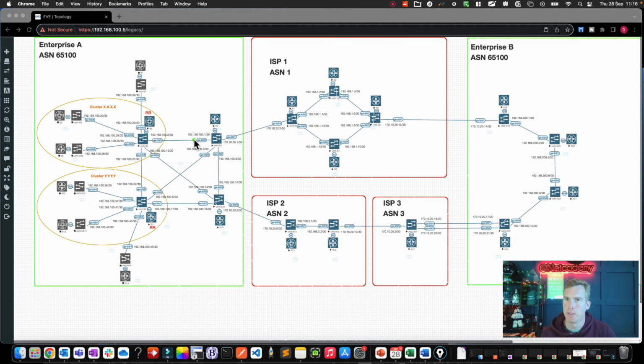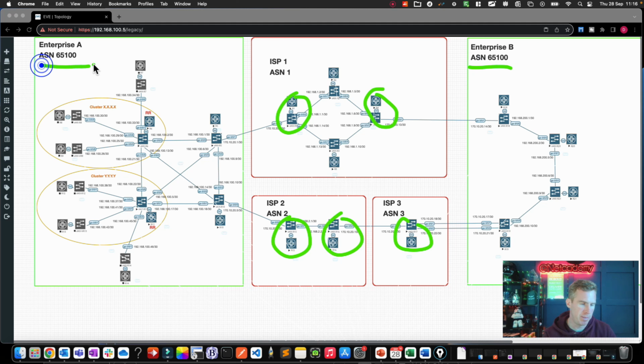Learning point. So let's have a quick summary. What we've just done is configure those external routers in the service provider, including this one here, to advertise peer itself. Because Enterprise A and Enterprise B have acquired one another, so essentially the same enterprise really, but they have the same autonomous system number. We're saying to the service provider routers, it's okay to advertise that autonomous system number to the same autonomous system